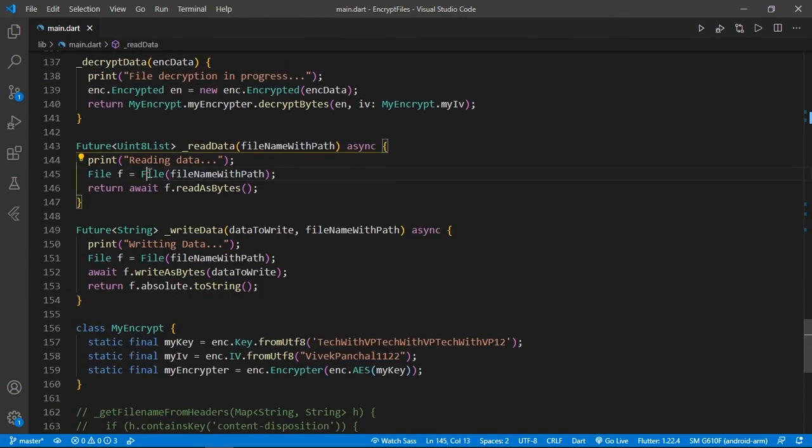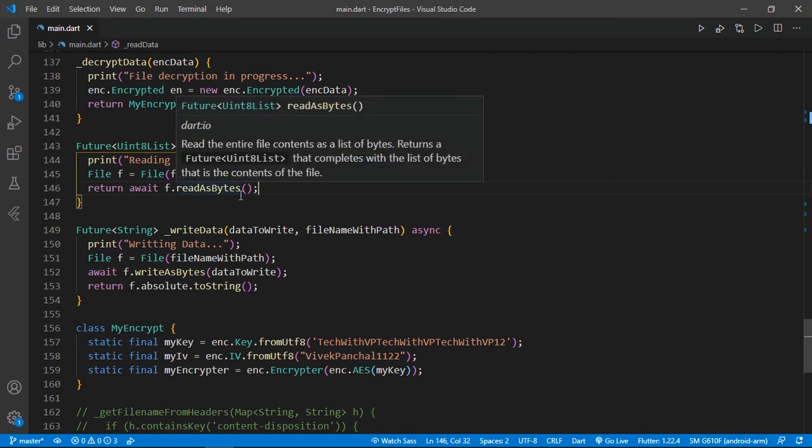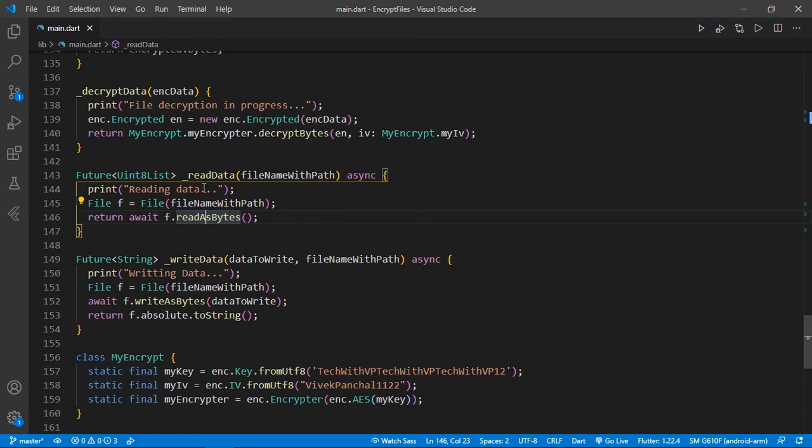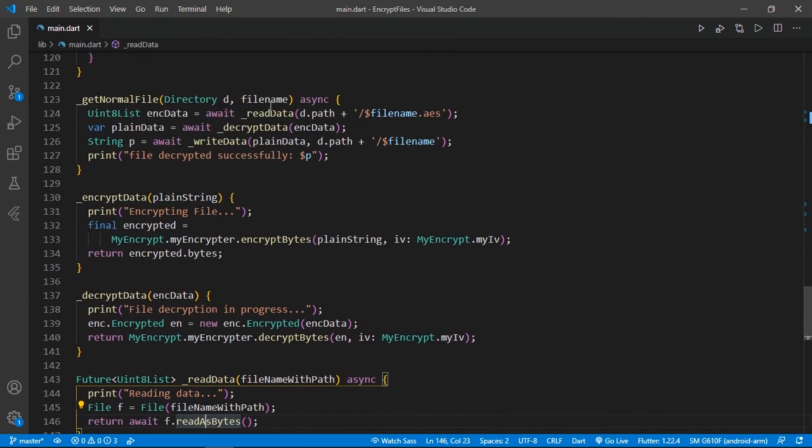Now it will open that file and await f.readAsBytes. As I told you, all operations are performed as bytes. So I'm going to use the readAsBytes method to read our file as bytes, and it will simply return our encrypted byte data here. So now we get our encrypted file as a Uint8List.